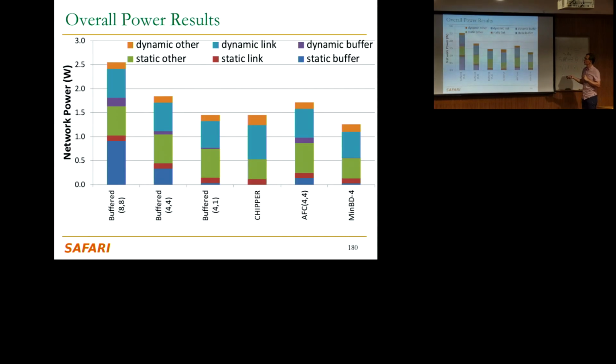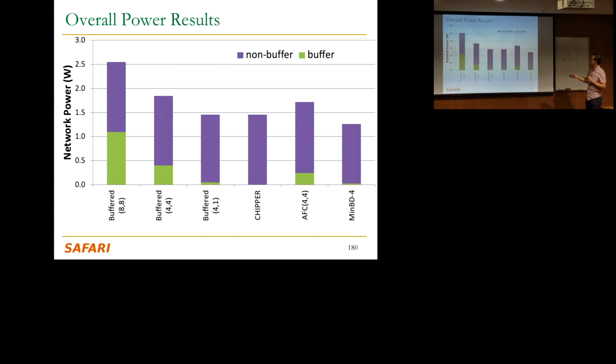Okay, so these are the overall power results. They're very similar to before. As you reduce the size of your buffering, power consumption reduces. This is chipper. This is bufferless buffered hybrid. Basically, switch between bufferless routing and buffered routing, but you need to have buffers to be able to do that. That's why this is relatively high over here. And this is MinBD over here. And these are the different